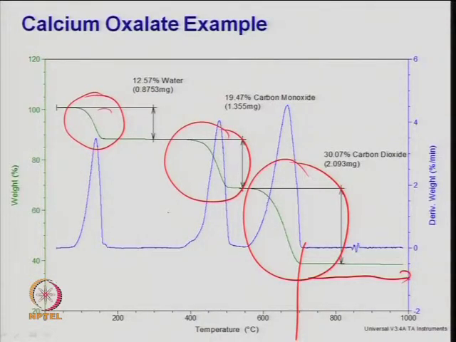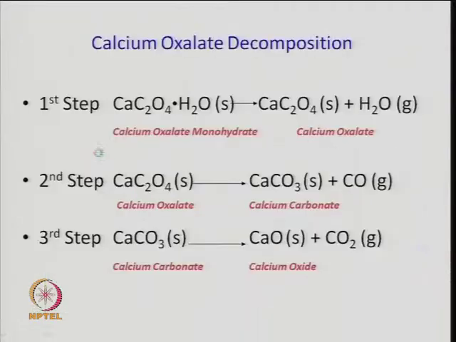So, this is the derivative of weight, within this you can just take the slopes, right, the temperature is related to time. So, I can take the tangent at different points and you can get the information on this weight loss, right. So, why 3 peaks now? So, you can analyze the data. So, just if you look at here, the first step, if you have the calcium oxalate, that just removes the water, right, it is a hydrated one. So, monohydrate. So, the water is removed in the first step, right. So, rate of removal of water from the solid can be calculated, kinetics of that.